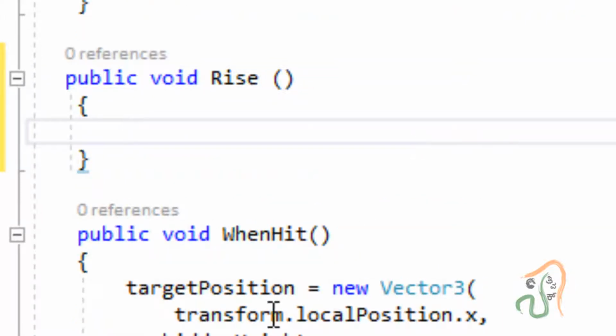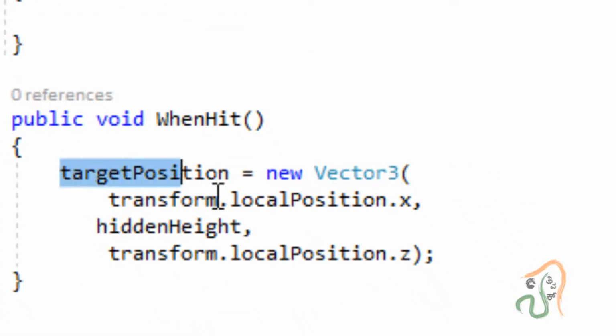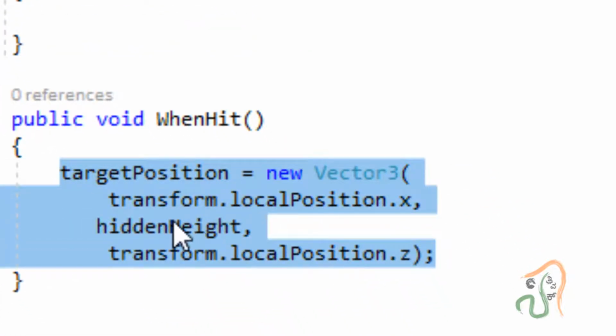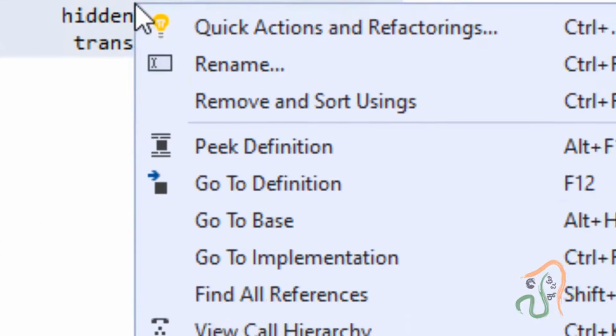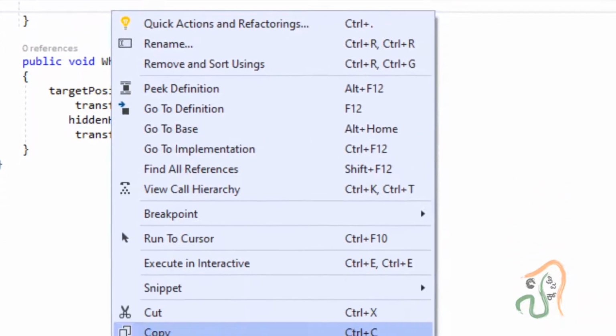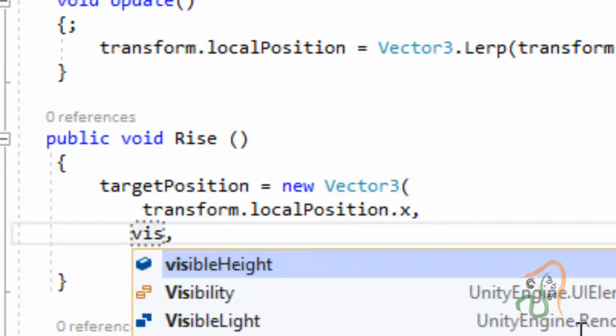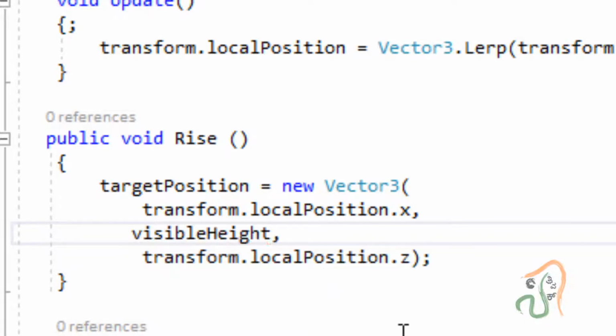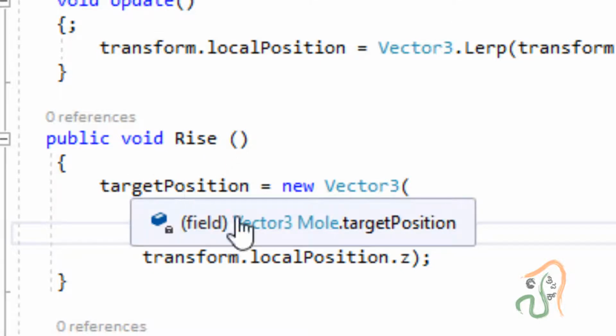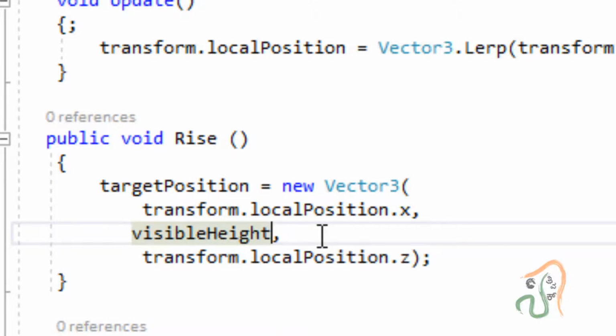In this block, let us copy whatever we have in when hit. Copy all these lines, right click and copy, and in rise paste it. After you paste it, the only thing we want is, instead of hidden height, let us change it to visible height. So we have created a method rise where the target position value is set to visible height.